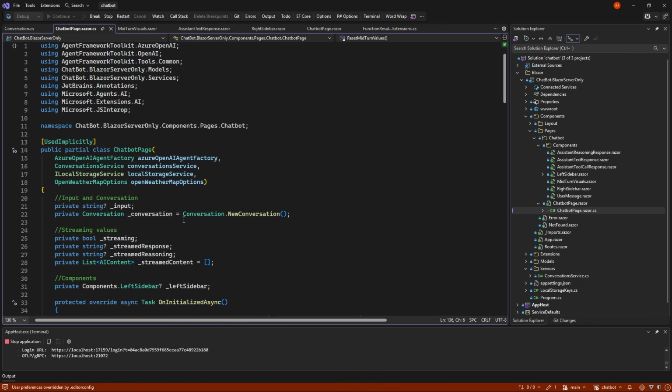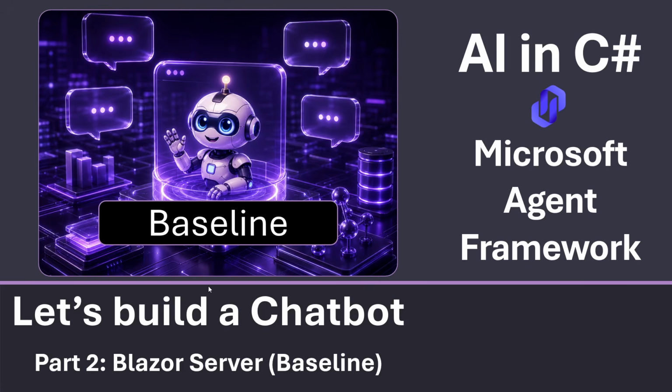So that is everything. Again, I want to go into the reasoning, the tool calling, and the conversation on why I've done it the way I've done it in 3 separate small videos after this. But now you have the baseline of what we are about to build, in this case in Blazor Server, but later on we'll see how this evolves into multiple backends and multiple frontends.